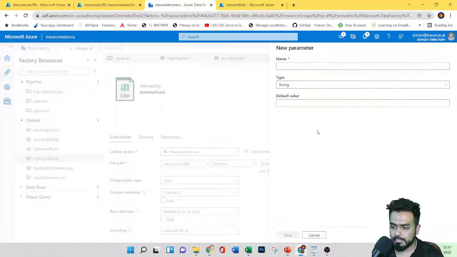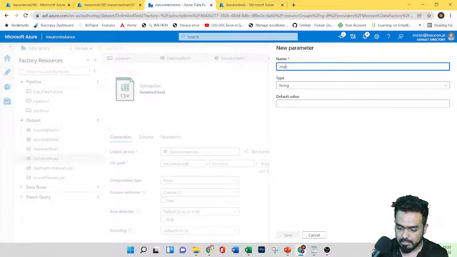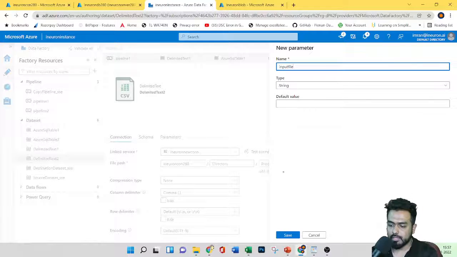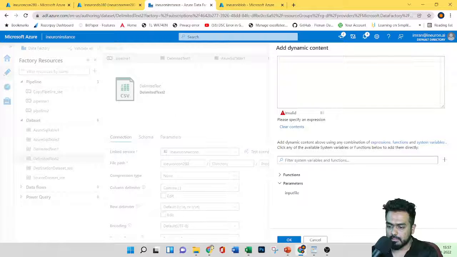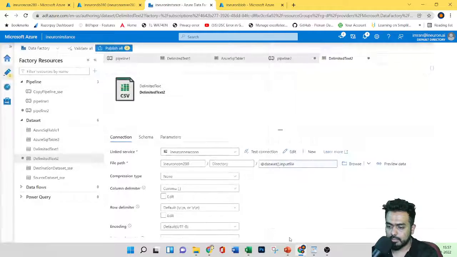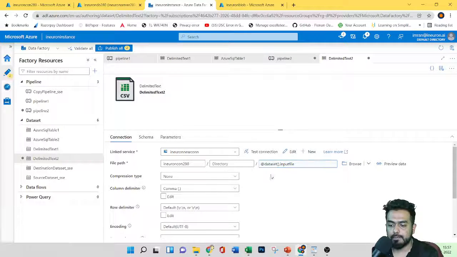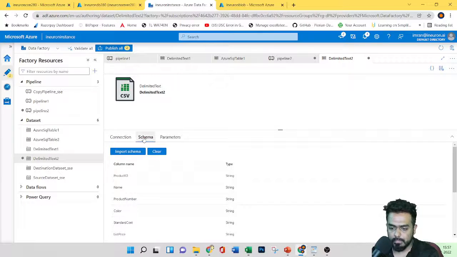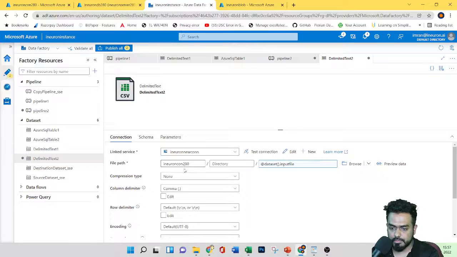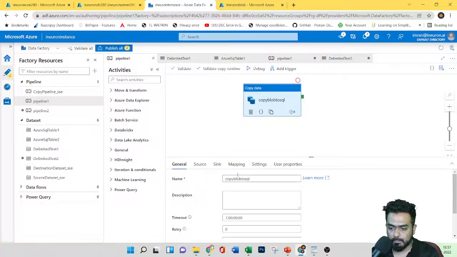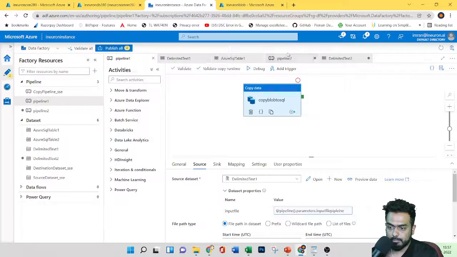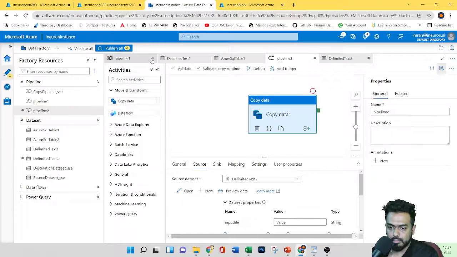Here I'll give the name as input file, and click on save. Then I'll select the input file and click OK. So here we are setting the directory as the input file. Next I'll go for the schema. Sorry, this is for the text. If I go to the pipeline, under pipeline 2, I'll close this.